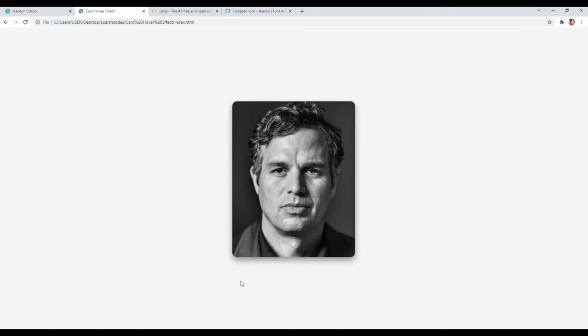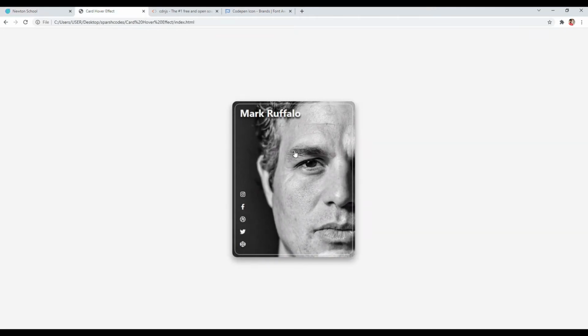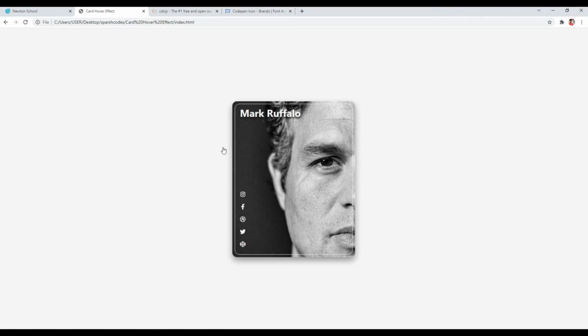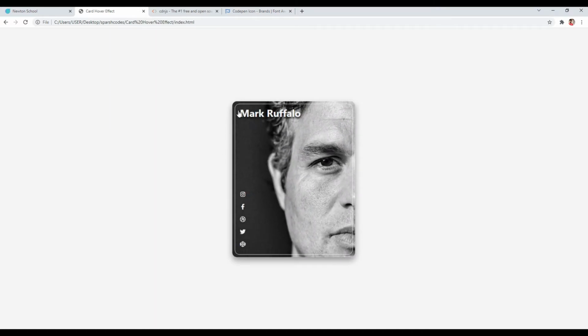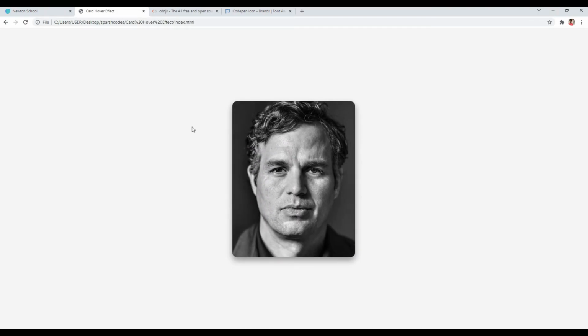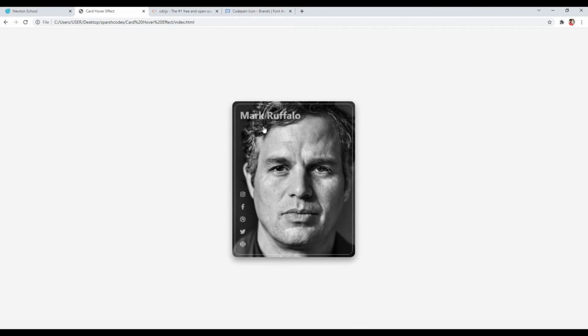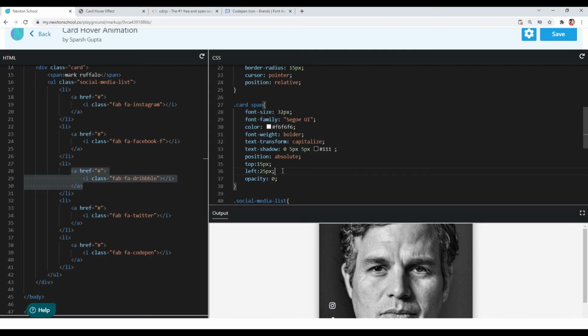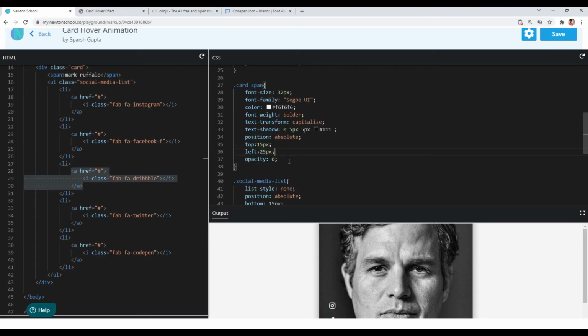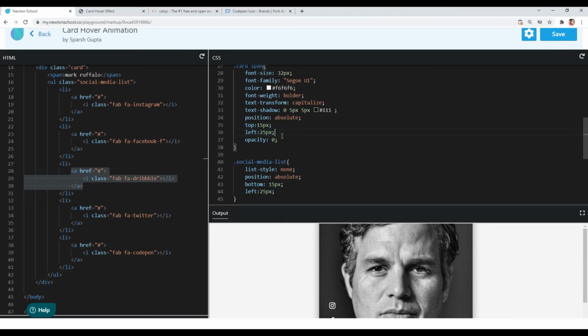And also you can see when I am hovering on this card, the span is moving upwards. Okay, so you can see it's moving a little bit upwards and it's becoming visible simultaneously. So we have to also move it upwards. As you can see, we have already given the position to our span elements, so this is our required position.